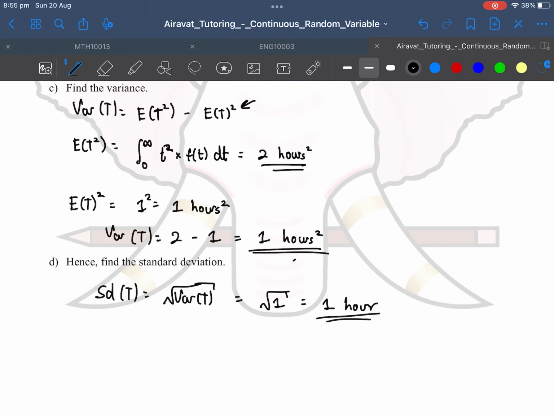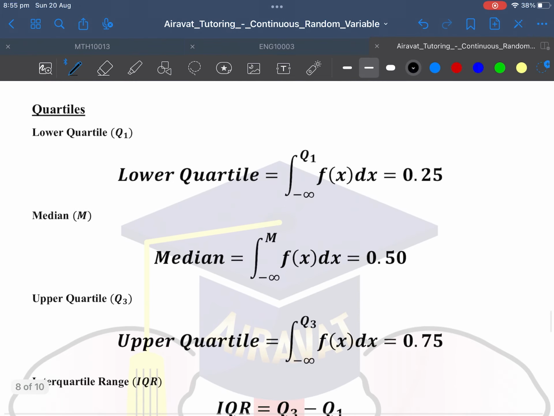1 hour. Okay? Now why is it hour and why not hour squared? Because if you were to square root hour squared, you'll get hour, right? Not squared. So same thing, same logic. Okay. Quartiles. Now these are not explicitly mentioned in maths methods, but if you are doing statistic maths like further